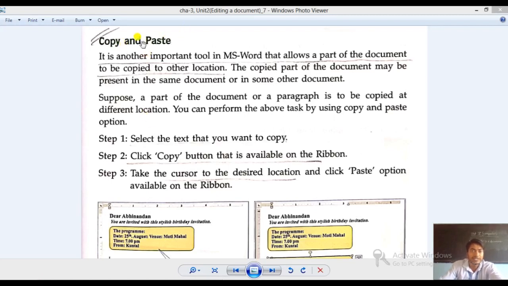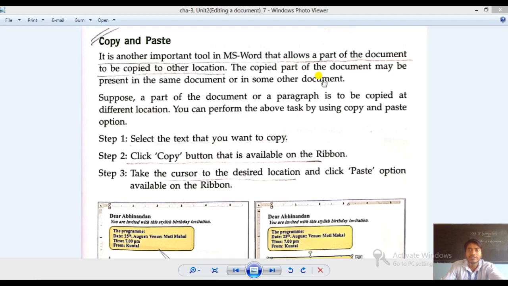Now next is copy and paste. It is another important tool in MS Word that allows a part of the document to be copied to another location. The copied part of the document may be present in the same document or in some other document. So the concept is the same, the purpose is the same as we had seen in cut and paste.